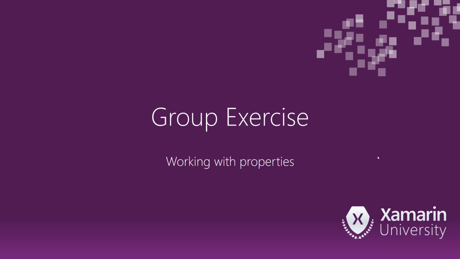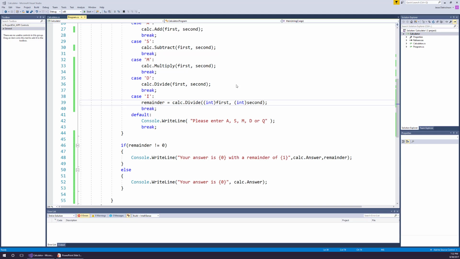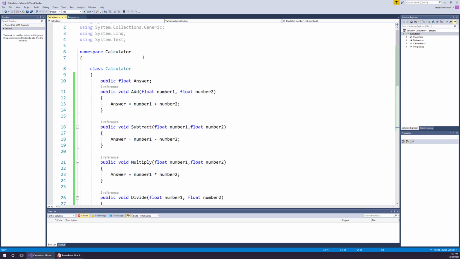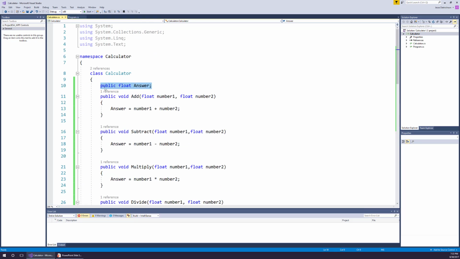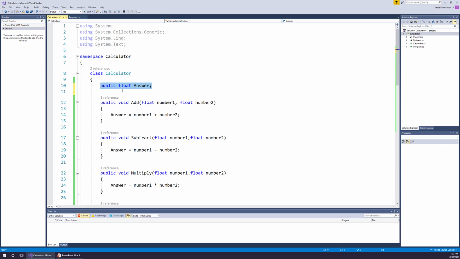Alright, so we're going to finish up our last exercise by implementing a property. Our challenge for this exercise is just to make our answer field into a property, because remember I said you should really never have public fields. They should always be public properties. So I'm going to show you the different techniques. We'll start off with a fully implemented property. The way we do that is we have to make a backing field. So this will actually be defined as private,